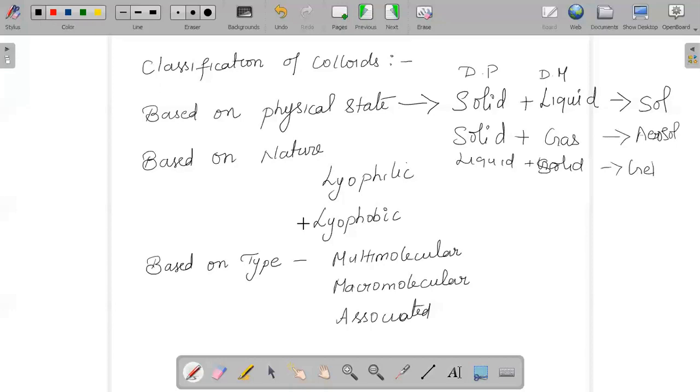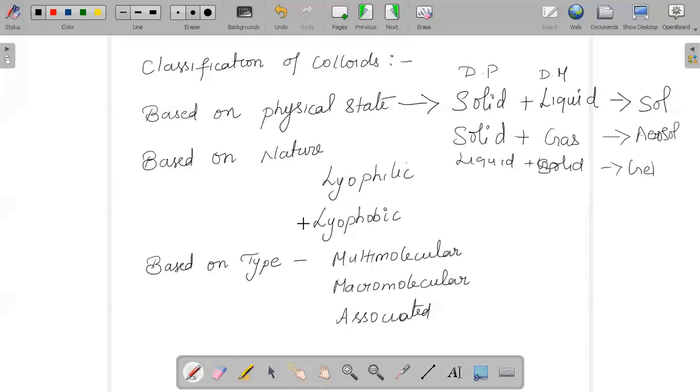And when we say that it is lyophobic colloids, some substances cannot form a colloid when you try to directly mix them with a liquid. Their colloidal sols are prepared by special methods that we need to use, and those types of colloids we call lyophobic colloids. They are also called irreversible colloids, as on precipitation they will not give back the colloid when you simply mix the dispersed phase and dispersion medium.